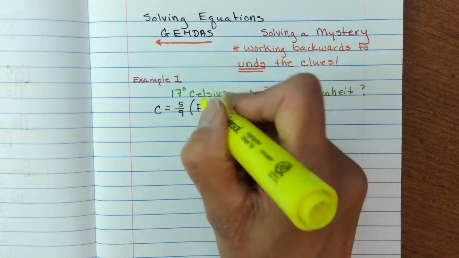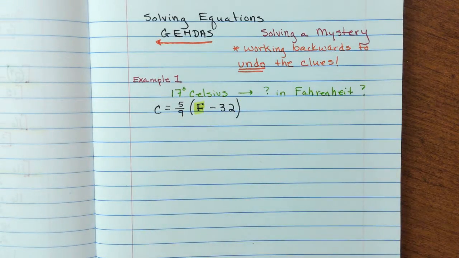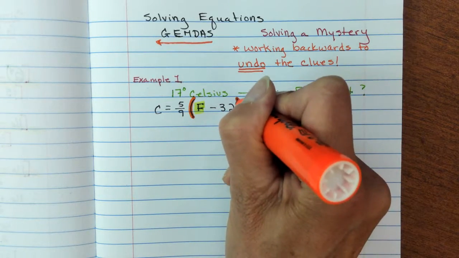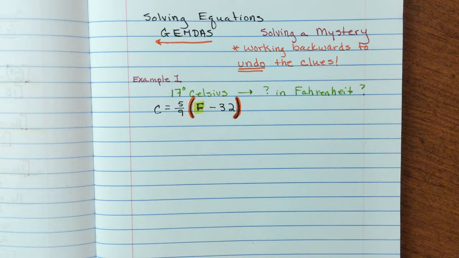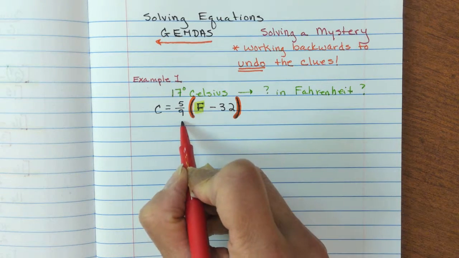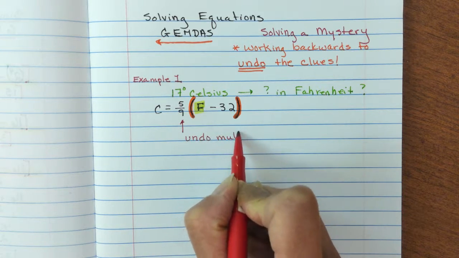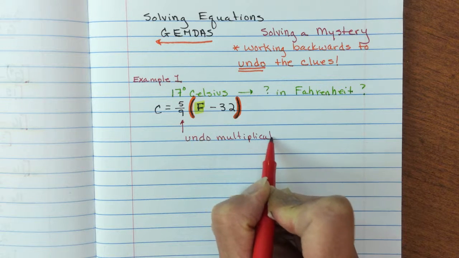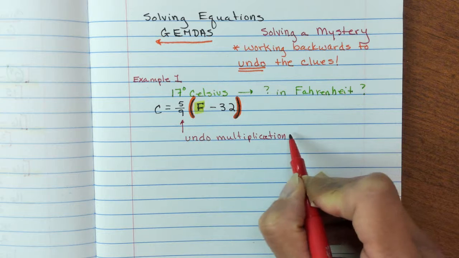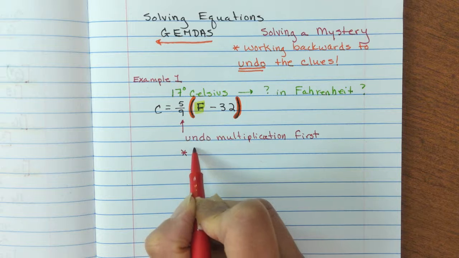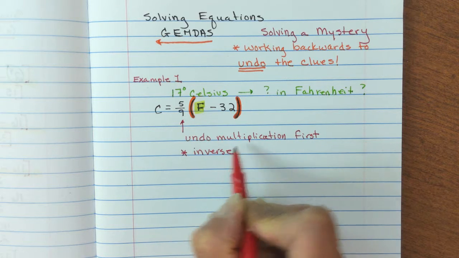So I'm going to mark a couple things. I'm solving for F. That's what I want to have by itself. But before I do, I have to free it from its grouping, because that's the last thing that I will attack. So I have to undo this multiplication first. And I want to think about inverse